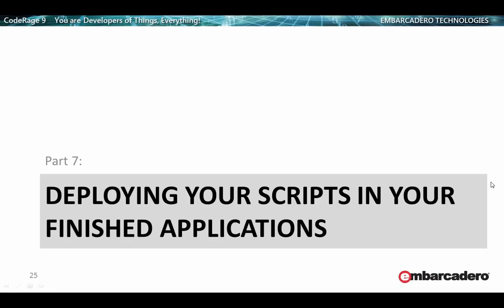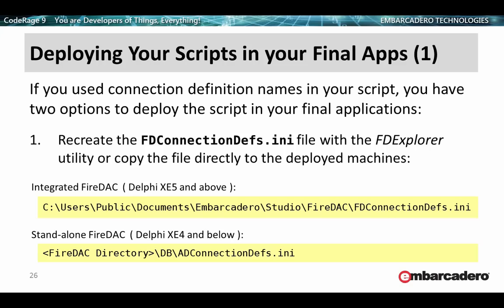Deploying your scripts in your finished applications. To deploy your scripts in your final application, the one problem you will face is that if you use connection definition names as suggested in this presentation, then you have two options to replicate and deploy the script in your final applications. The first and easiest option is to recreate the FDConnectionDefs.ini file within the FireDAC Explorer utility,